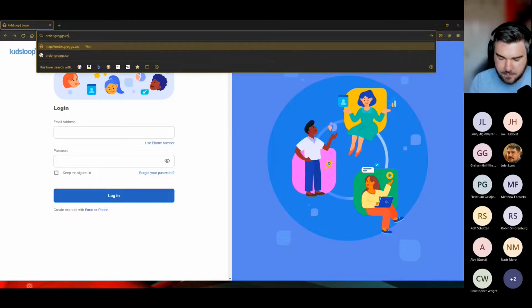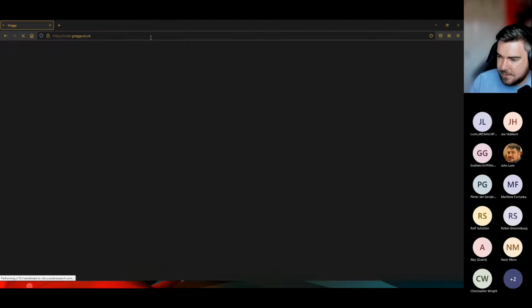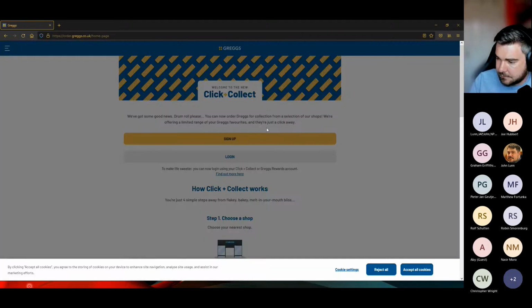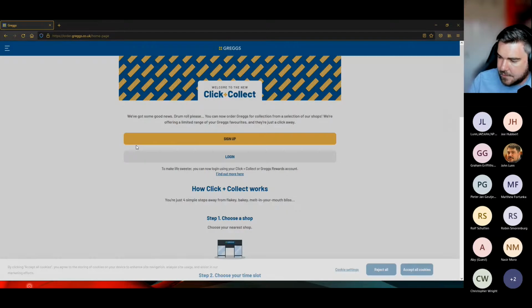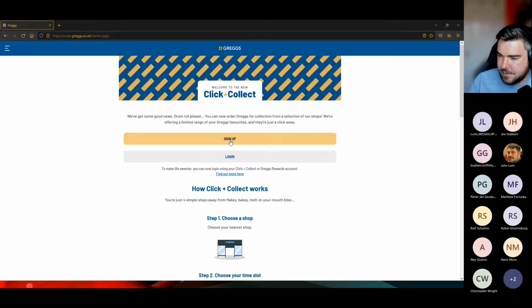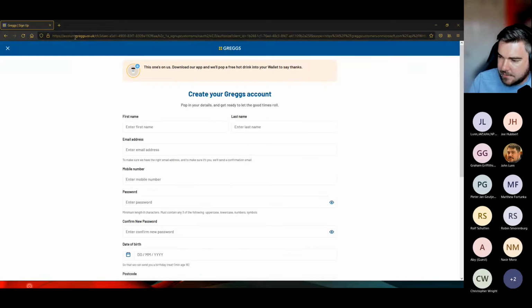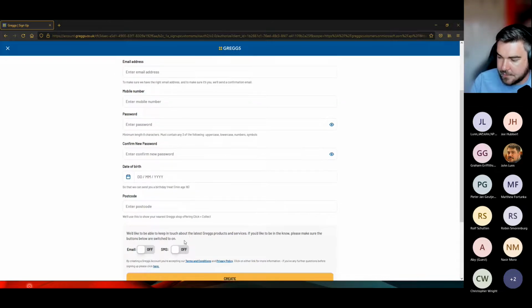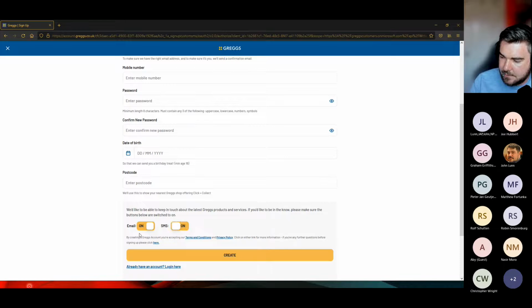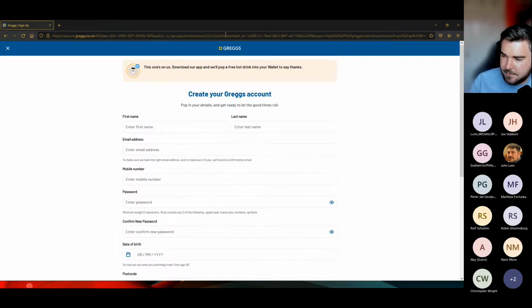I'll show you a few more. So Greg's has B2C as well. Reject all cookies. So if I went to sign up with Greg's, again, the telling tale is the URL. B2C_1A, sign up or sign in. Right is completely different as well. They've got nice little buttons. So all of this experience can be customized, and Microsoft say down to the last pixel. There is some limitations, but